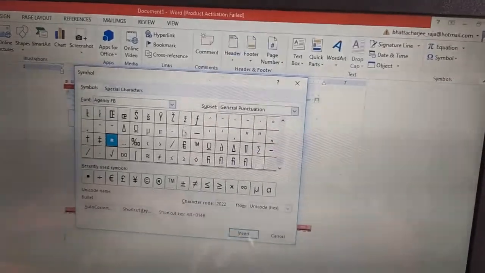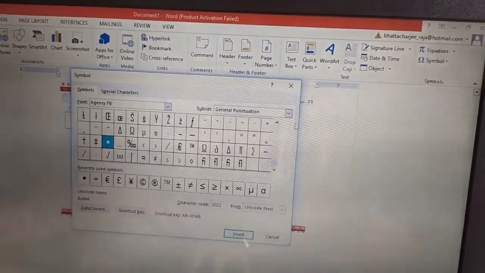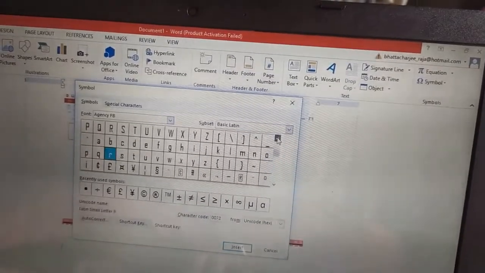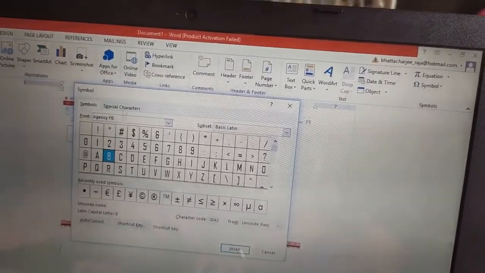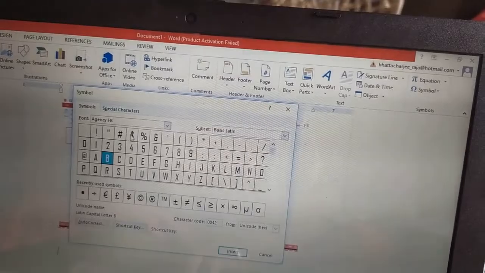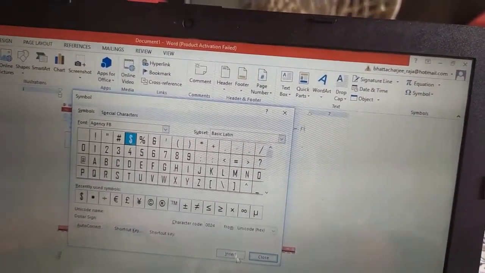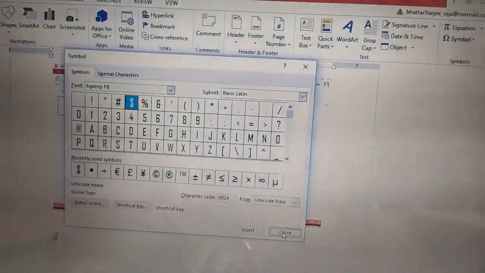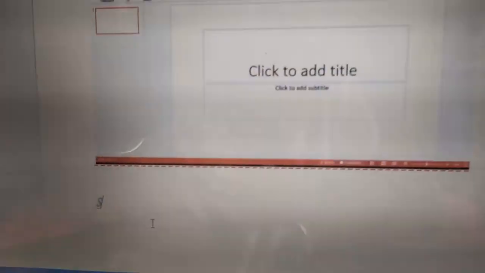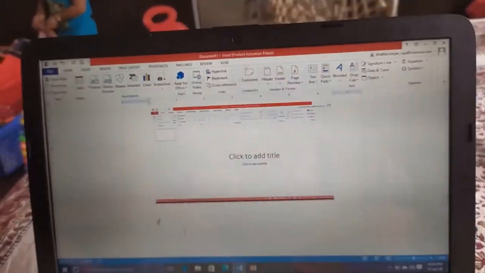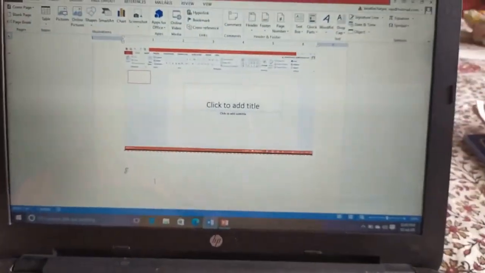Over here you will get different types of symbols. Any symbol that you want to insert, just select it, click Insert. See, our symbol is inserted into our screen. Dollar symbol. Now this is how we insert symbols.